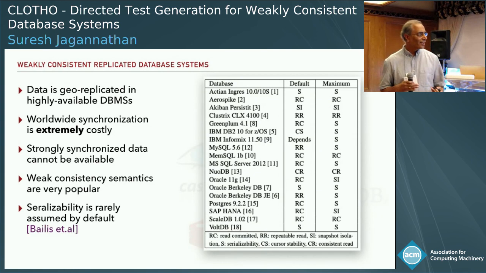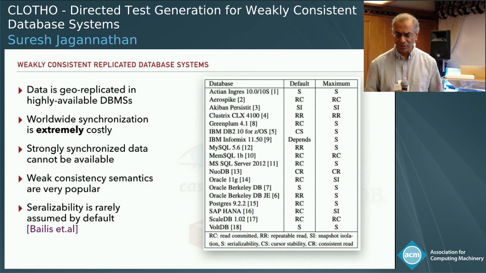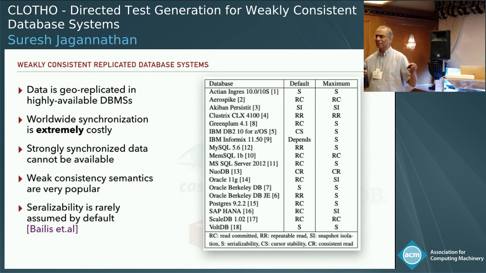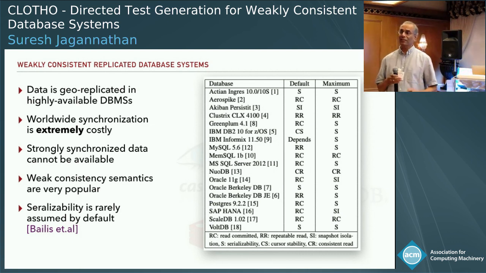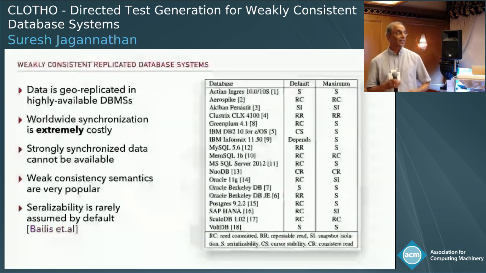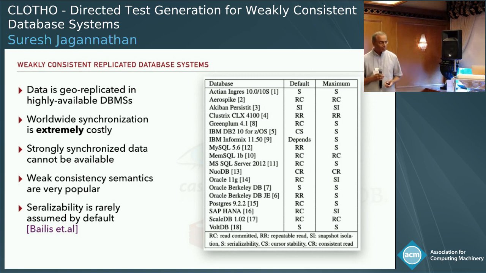And indeed, in an interesting study by Bayless and his colleagues a few years ago, they actually looked at 18 different real-world databases and found that very few of them actually support serializability as a default. And amazingly, a non-trivial number of them don't even support serializability at all. Even if you insisted on having serializability, a number of these databases simply say, we're not going to give it to you. So if you try to program transactional systems on those databases, you're going to have to figure out a different solution. You simply are not going to be able to rely on what we've learned in our classes about the way we should program these kinds of systems. So we've got an issue. We have a problem. Okay.